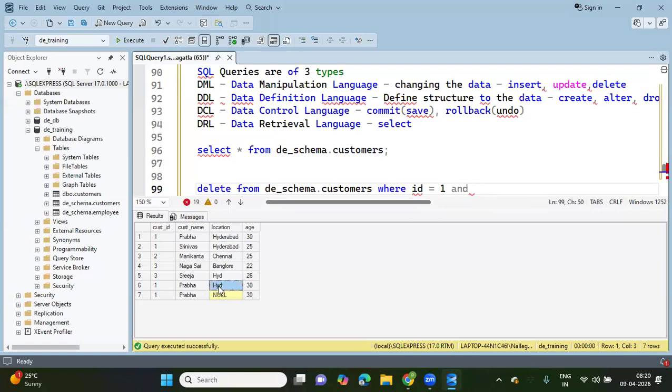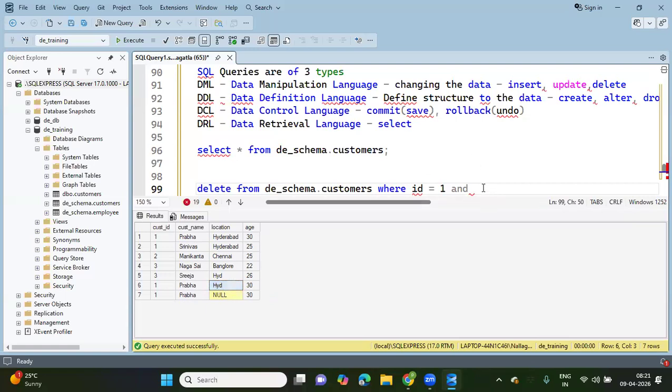And city equal to, let's say, either Hyderabad or null. Or what other condition can I use? If I take age, I'm telling you all the possible combinations. If I take age, it is the same for all the 3 rows. For ID 1 we have 4, but for 3 of them I have the same age, but I don't want to delete the first one. So I cannot take age. If I take name, again the first row also gets deleted. So the only option left is to use the location. There is a difference in the location between the first row and the last 2 rows, so I have to